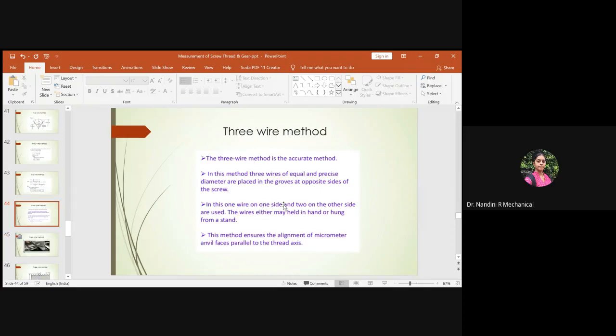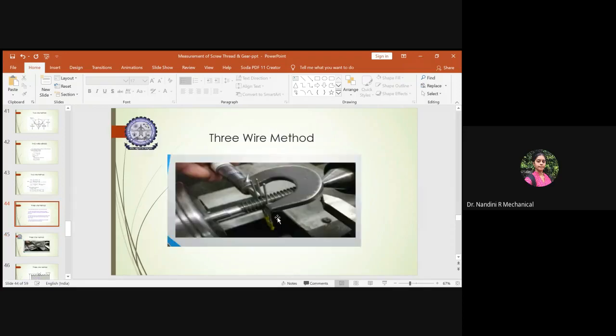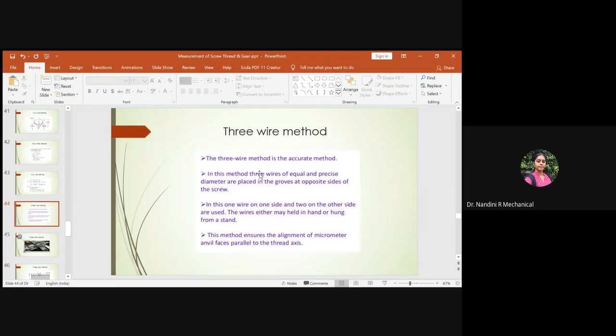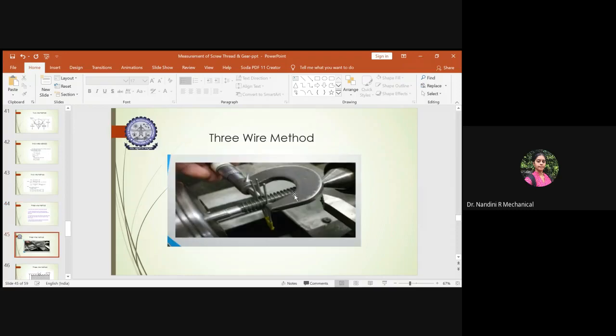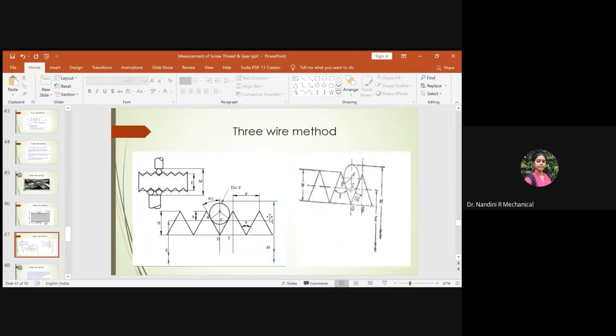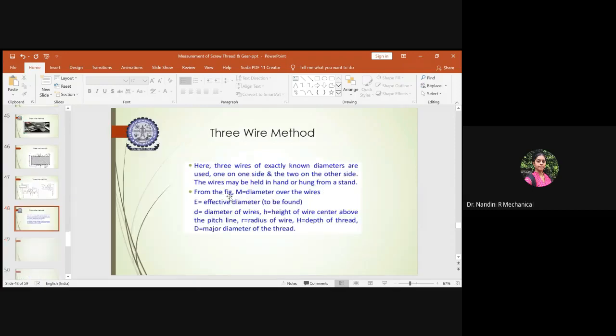Once the two wire method is done, we also dealt with the three wire method. How do you place the three wires in the given screw thread to determine the pitch diameter, or the effective diameter? This also we dealt with. You have to show the sketch and the position of the wire in between the teeth, so that it helps in showing the flank angle, the pitch value, and the half value of all those things, the height of the pitch, everything. You have to show each and every terminology, then start deriving, and explain what terms you are using.